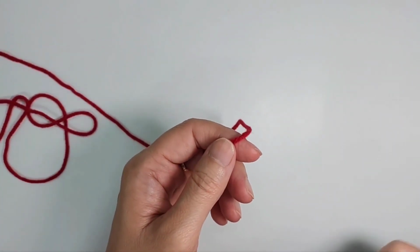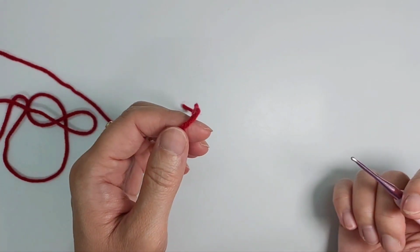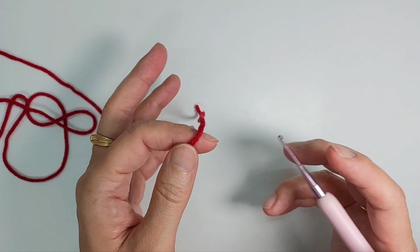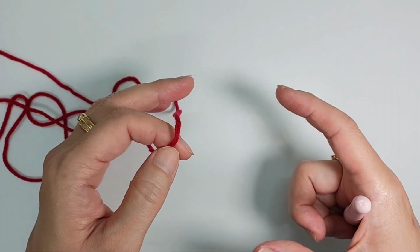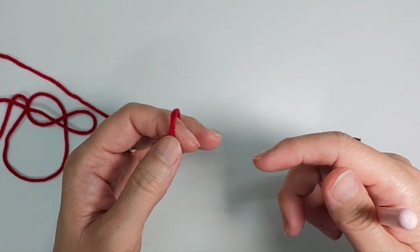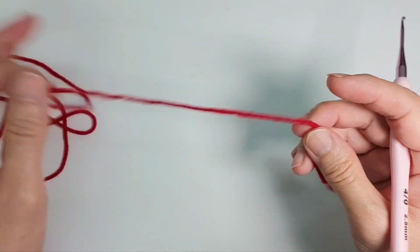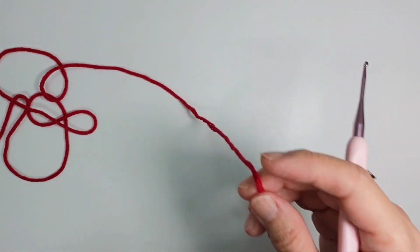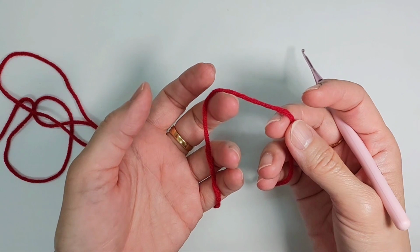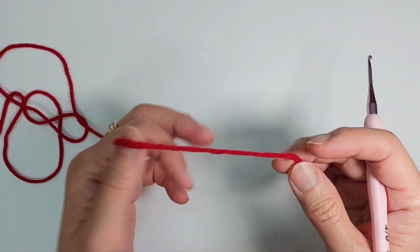Again, I prefer to do all the small parts first, like the horn, the nose, eyes, ears, before I start to do the main head. So once the main head I do halfway, I will sew all this to the head before I add stuffing. I mean, that's my style. If you want, you can do the whole head, add stuffing, then you sew all this. I find that it's easier to sew without stuffing,